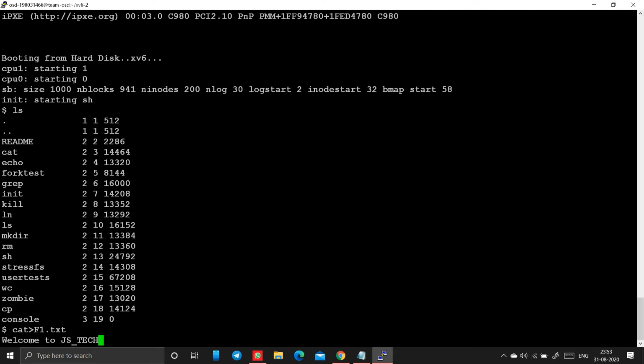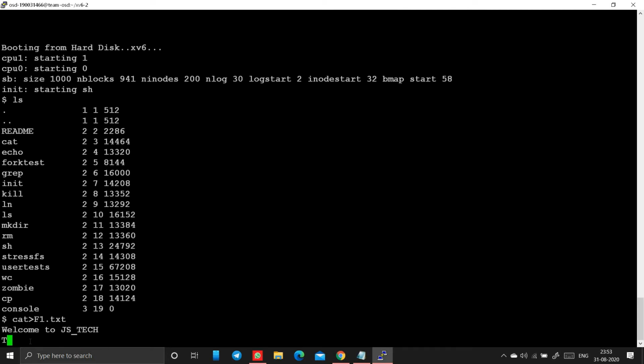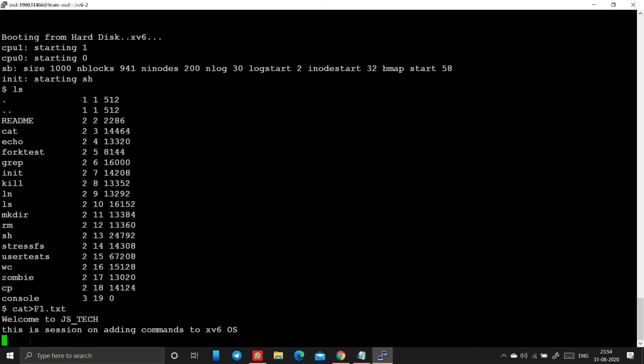Okay, and also in the second line, this is a session on adding commands to xv6 OS. Okay, see I have typed something in f1.txt. To come out of that file we should click Ctrl D.